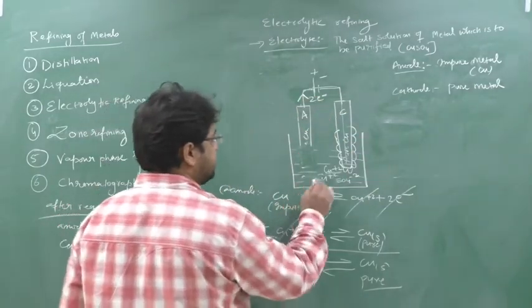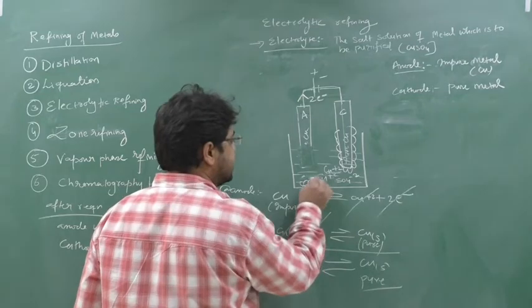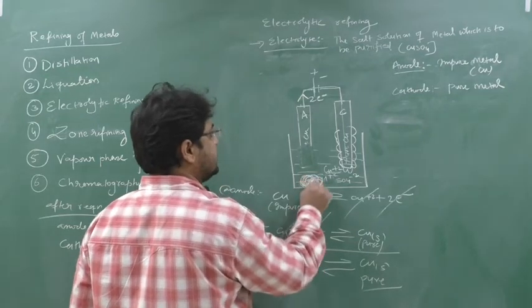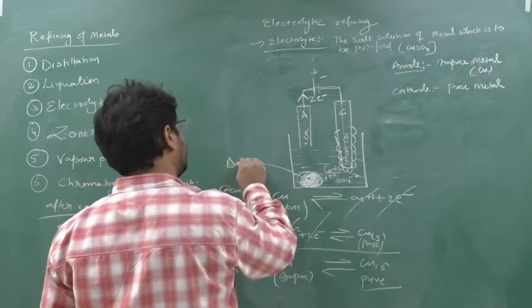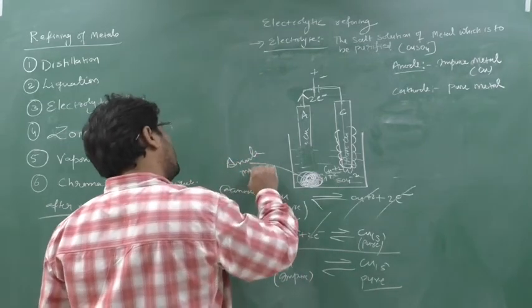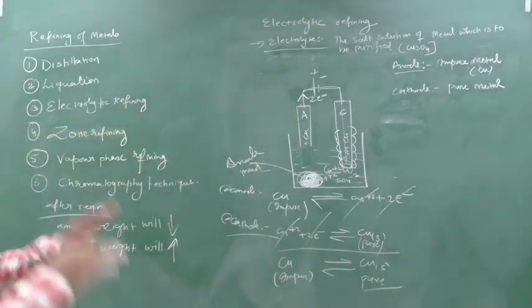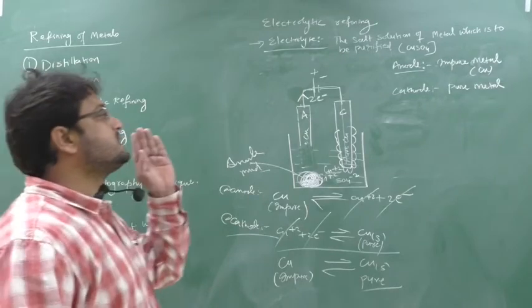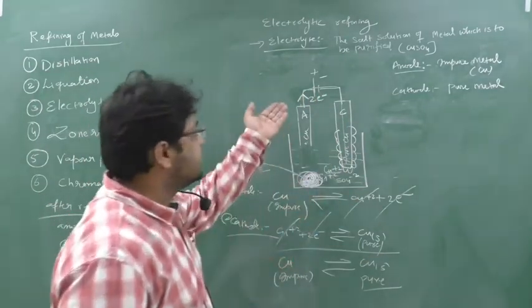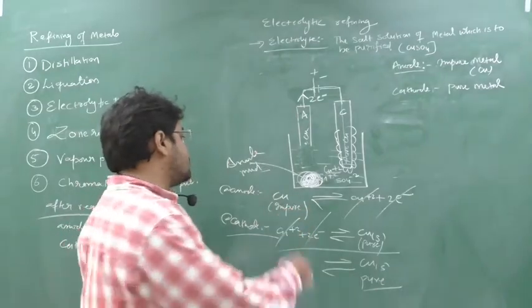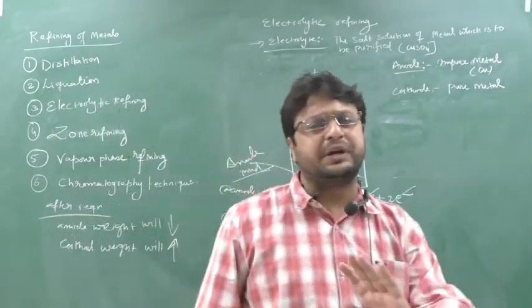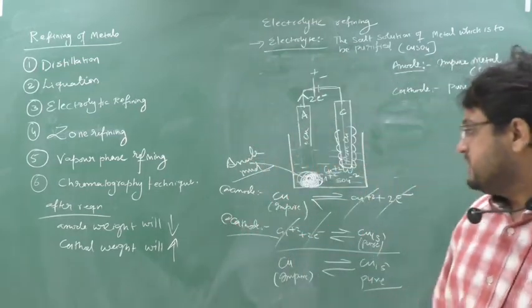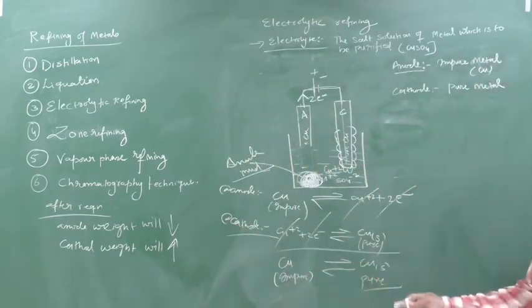And after the reaction we will see that there will be a sludge or kachra like structure below the anode. This kachra like structure we call anode mud. Whatever impurities were there in the impure copper which was acting as anode will settle down at the bottom of the anode, so we call it anode mud. And from this also certain Ag, Au, Pt like substances we can obtain. So in this way we can obtain the pure metal from its impure form by using the electrolytic process.